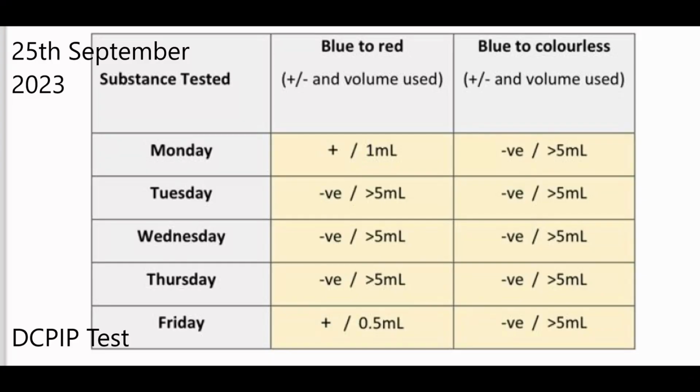Okay, Doctor, so can you tell us how you actually carried these tests out, please? Yeah, so to test for the presence of vitamin C in the suspect samples, we use DCPIP, which acts as an indicator. DCPIP changes colour from blue to red with the presence of acids and will lose its colour in the presence of certain chemicals such as ascorbic acid, more commonly known as vitamin C. For the DCPIP test, we are looking for our samples to change from a blue colour to colourless. As you can see from our results, samples A and E showed a positive result for the presence of acids. With further testing, we were able to identify that no samples had the presence of vitamin C as none of them changed to colourless.